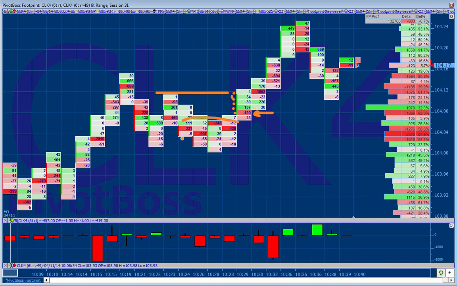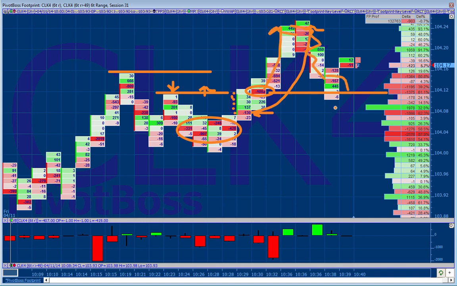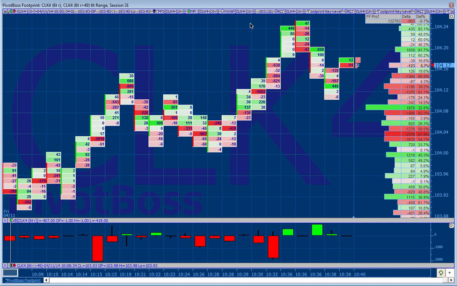And now all of a sudden, all of these that got short start getting their stops taken out above this level. And then you have this level where more stops are, and what happens? Price goes up. And then look at the sell imbalance right here, 1,052, and price goes up. And when it returns, it holds that level. Why? Why does it hold that level?